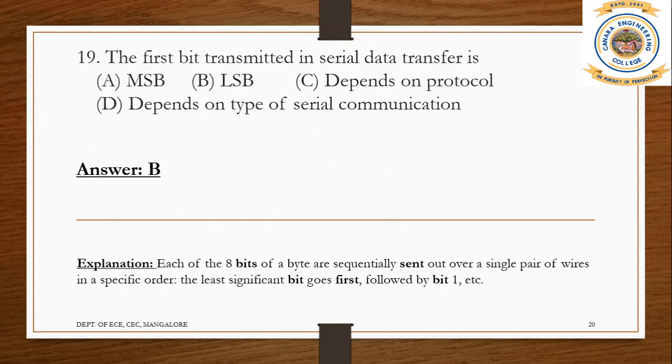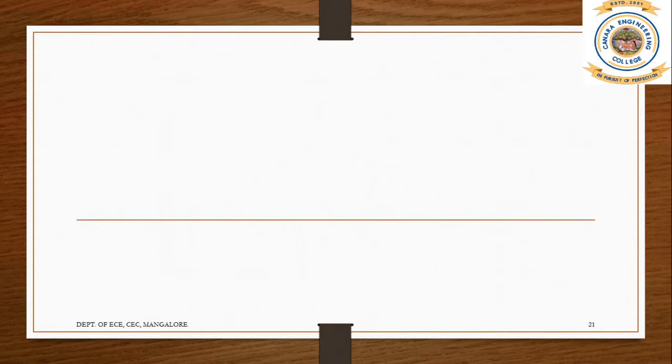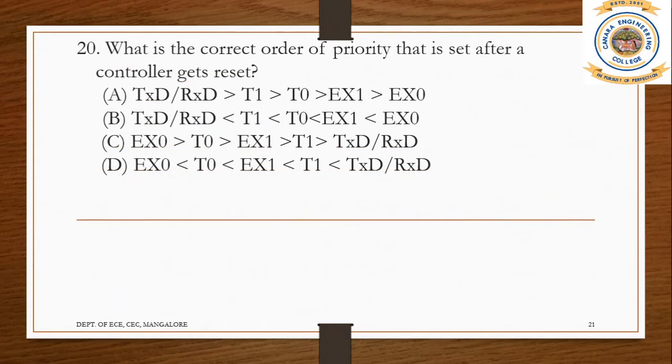Okay. So since 8051 data type is 8-bit, so you will have an 8-bit number. So whenever you transfer directly a serial data of 8-bit wide, the least significant bit will transfer first, followed by the next bit, that is bit 1, because bit 0 is LSB, that will go out, then bit 1, then bit 2, in that order. This is very important to remember.